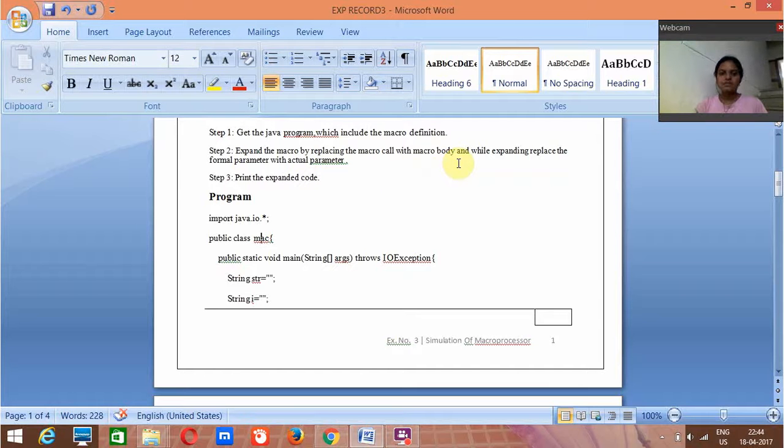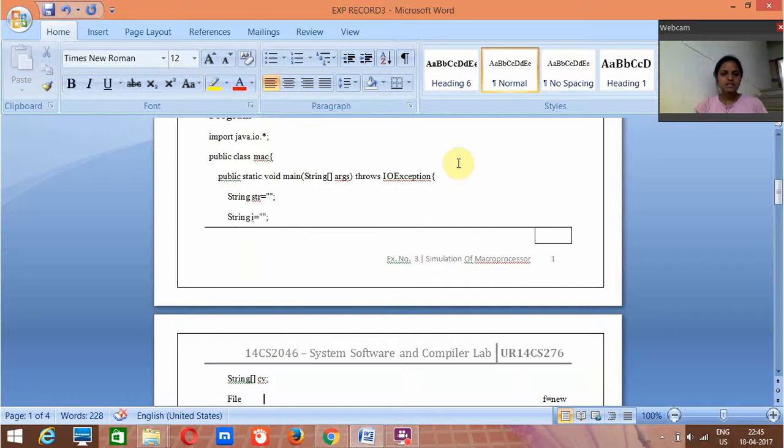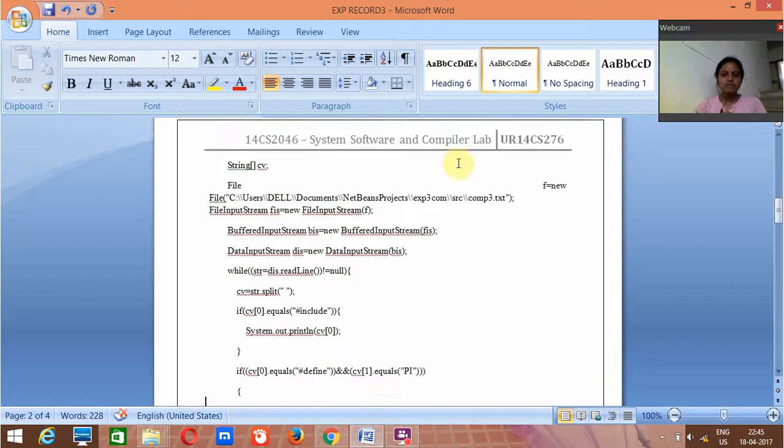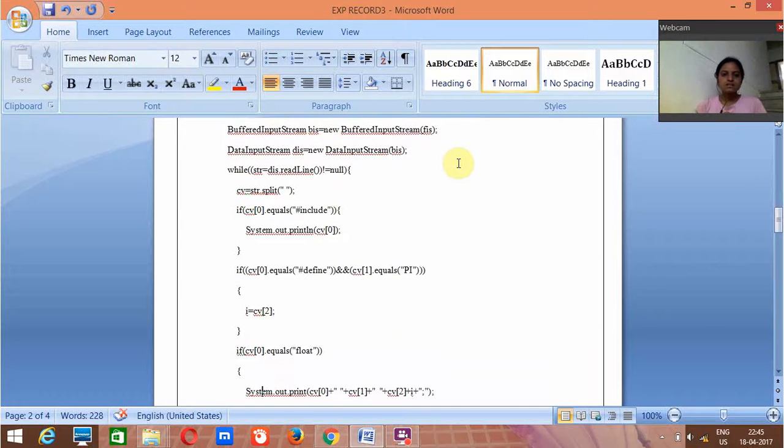This is the program. I'm declaring a string as empty, and then I'm creating one file here. I'm taking the input; BufferedReader is used to take the input, and DataInputStream is one more which will give some input, while str equals this dot readLine, that is, up to the end of the line, is not equal to